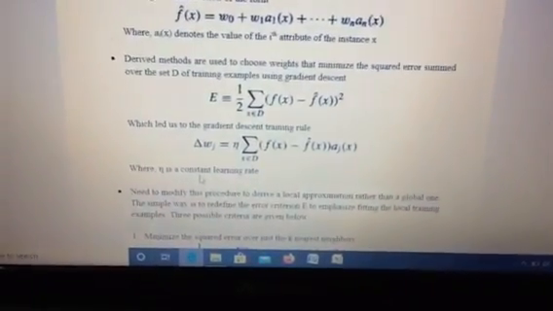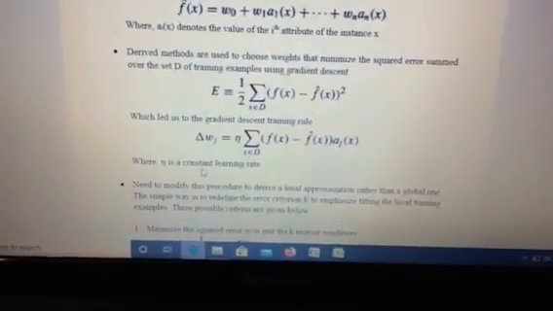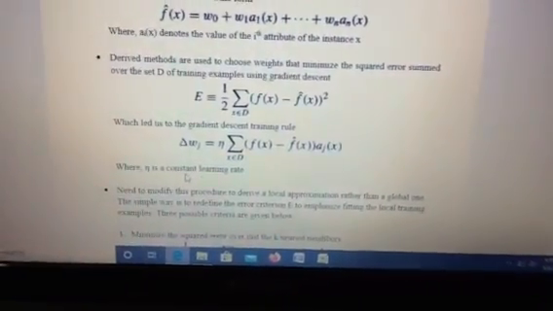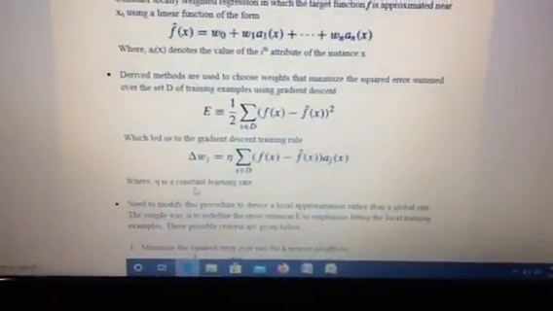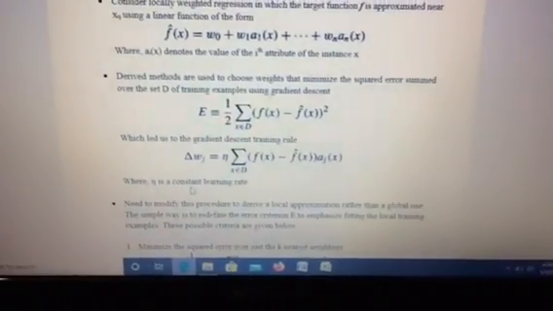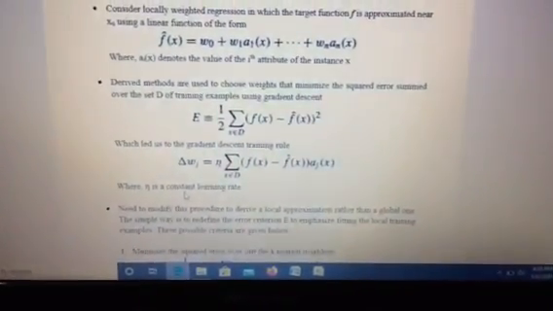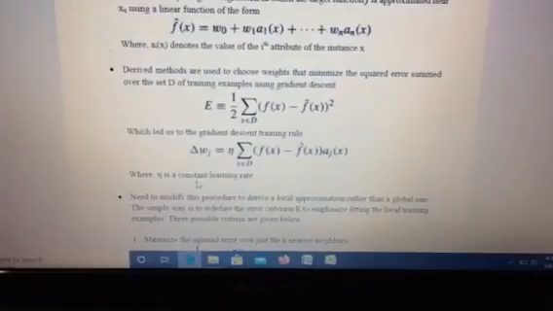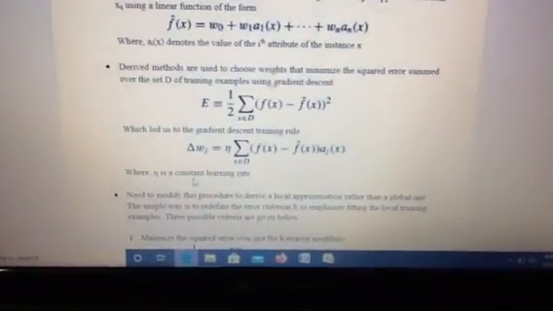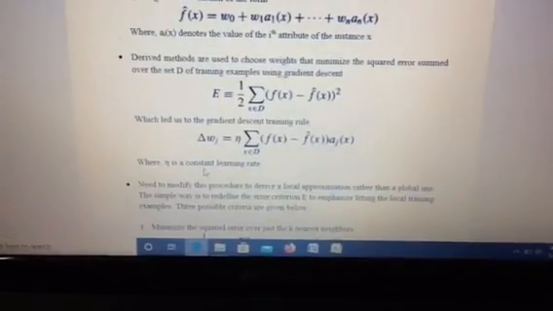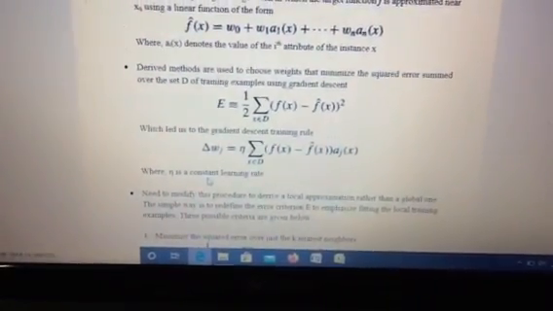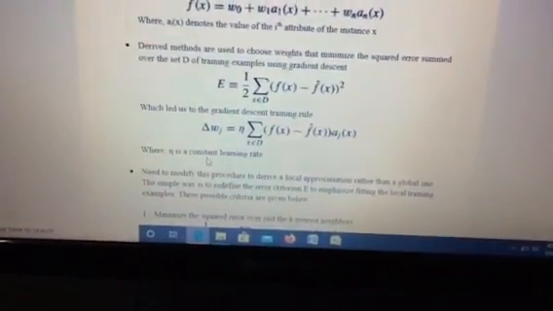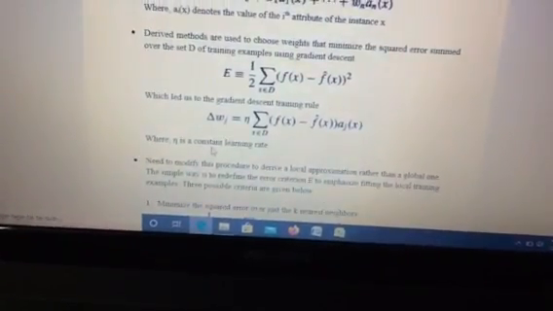Now the formula for the weight, that is delta wj. We know that the weight will always be updated. When we consider the gradient descent rule, we choose the weight randomly, and later when an error occurs at the output, in order to minimize the error we perform backtracking and update the weight. The updation is done in terms of delta wj. So delta wj is given by eta, which is nothing but the learning rate, times the summation over x belonging to D of f of x minus f cap of x into aj of x. aj indicates an attribute value.